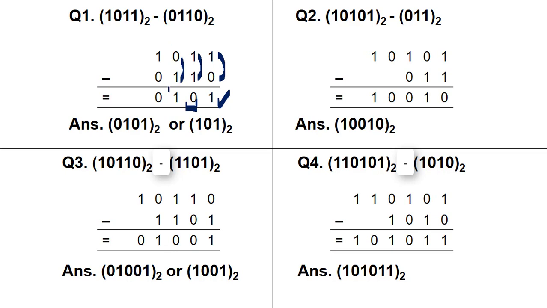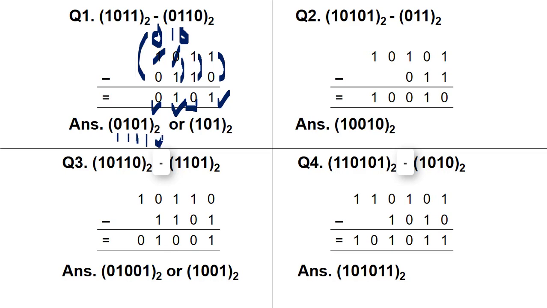Generally the subtraction is not possible, so it means we have to take a borrow. So when you take a borrow, this 1 will be converted to 0, and then this 0 can be written as 1, 0. Now we have to subtract 1 from 1, 0. Result will be 1, and in the next step we have 0 minus 0. It will generate a result as 0. So our overall result is 0, 1, 0, 1 with a base of 2.